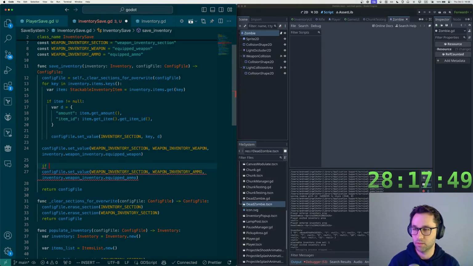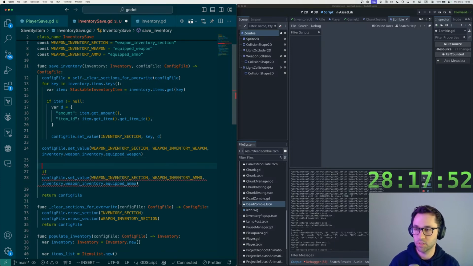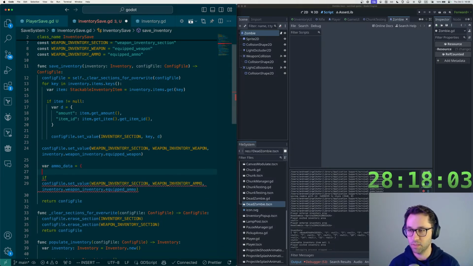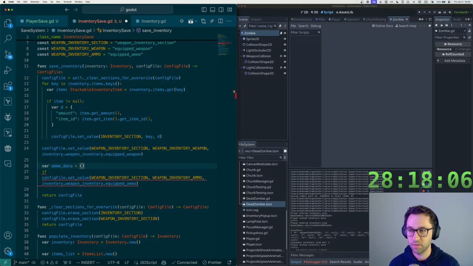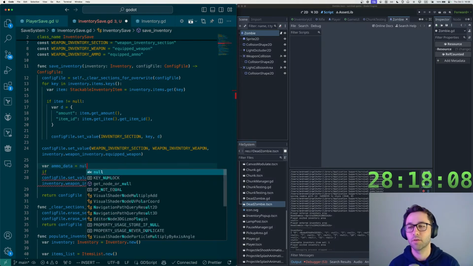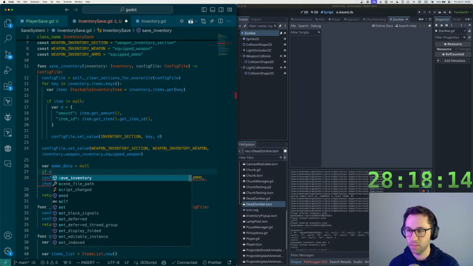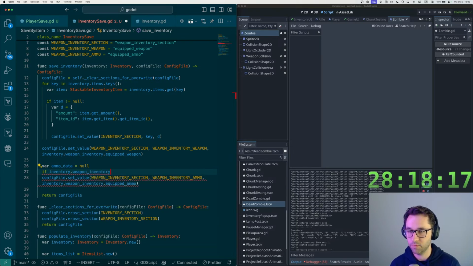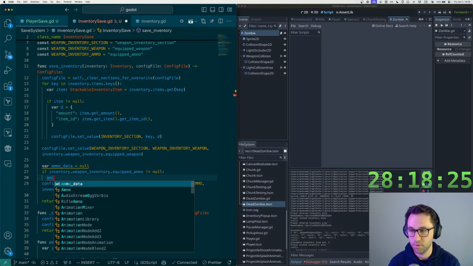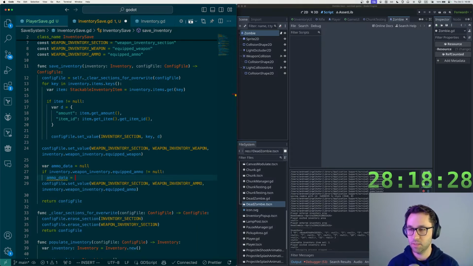Let's see. So we'll say var ammo data, and by default this will be, it'll be a dictionary, but by default it'll just be null. So we'll say if inventory.weapon inventory.equipped ammo does not equal null, then ammo data equals